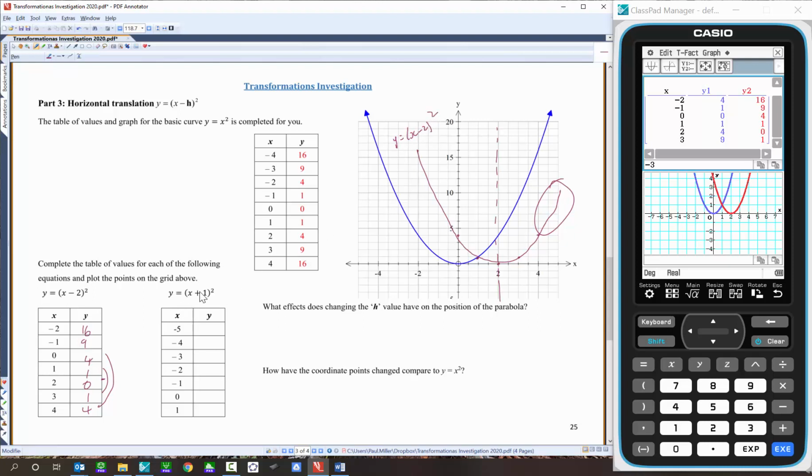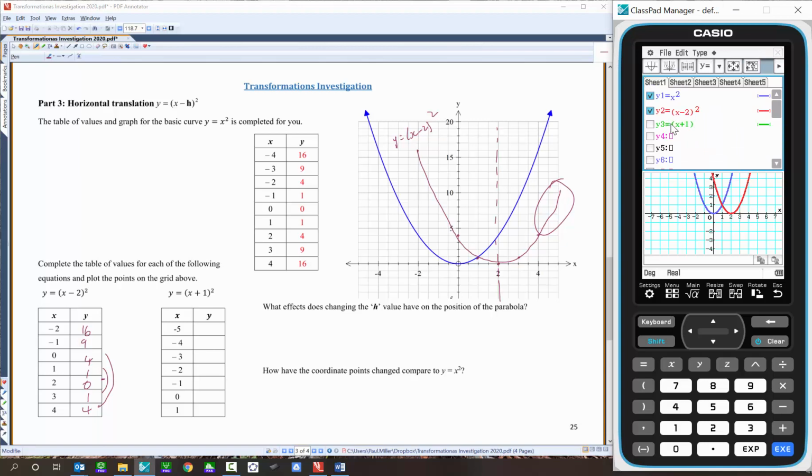All right, so see if you can work out what's going to happen with this one here. If this one moved 2 units to the right, I hope you will guess that this one moves 2 units to the left. Let's just try it and see. So get rid of the table, and we've got (x plus 1) all squared. Let's have a look, and there it is. So blue has moved 1 unit to the left. Let's go to the table,